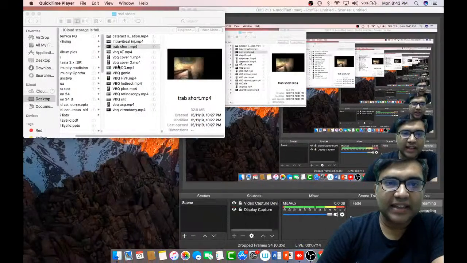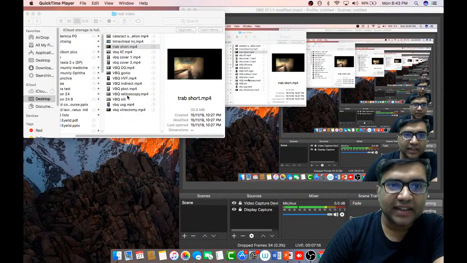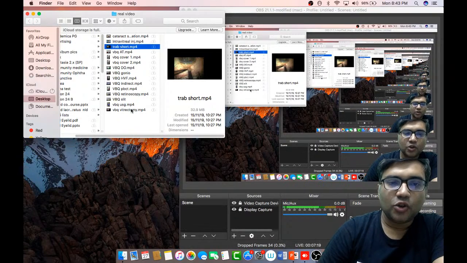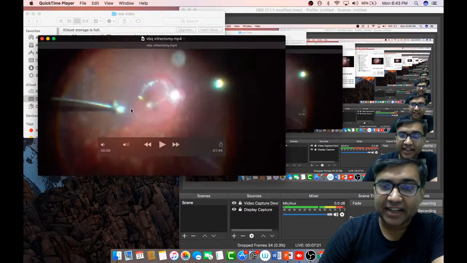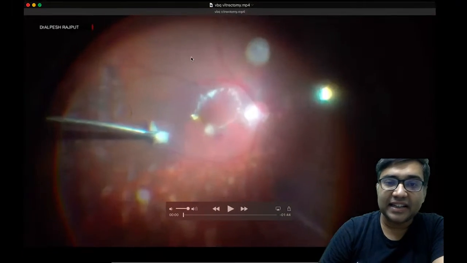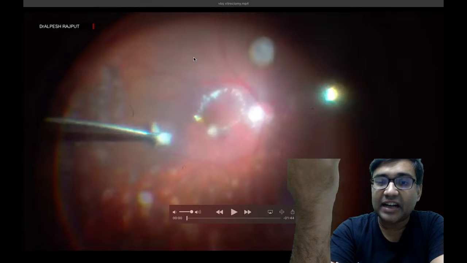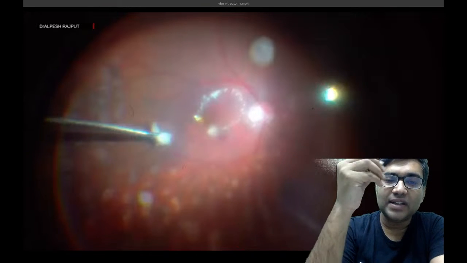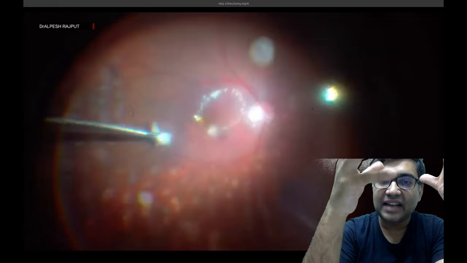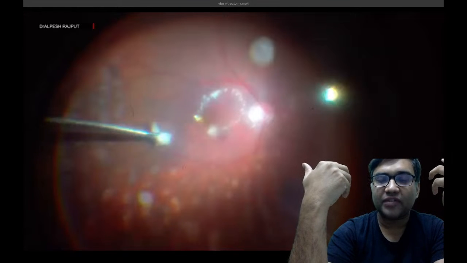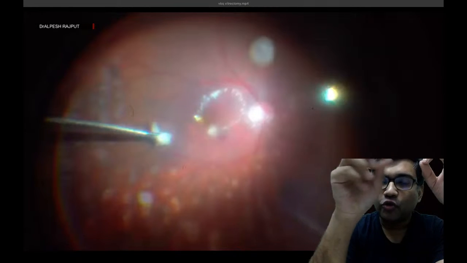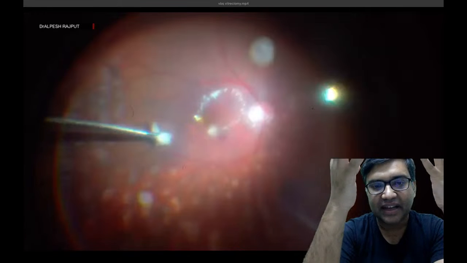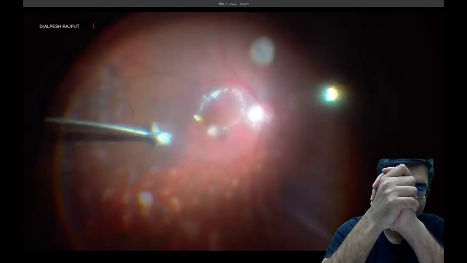Another surgery they can ask you is a vitrectomy surgery. Vitrectomy surgeries are done in the cases of tractional retinal detachment or chronic retinal detachment. What I do is I put an instrument inside the eye and remove the whole of the vitreous, and then I do photocoagulation of any break there and remove the fibrous strands.